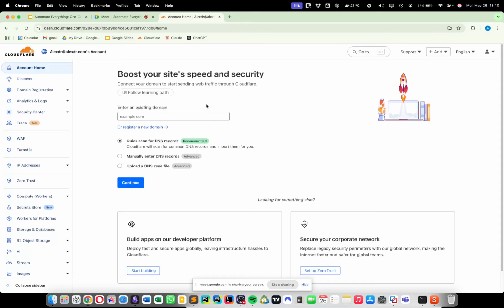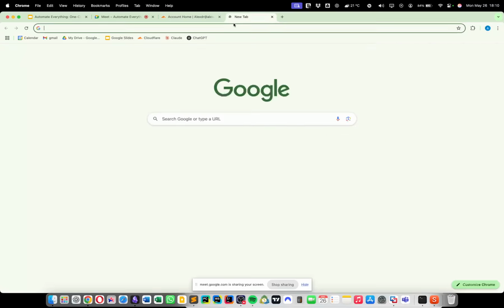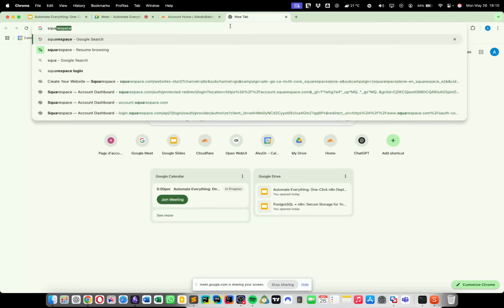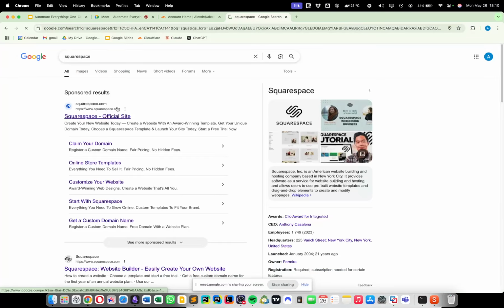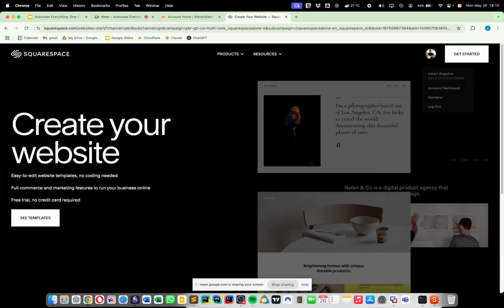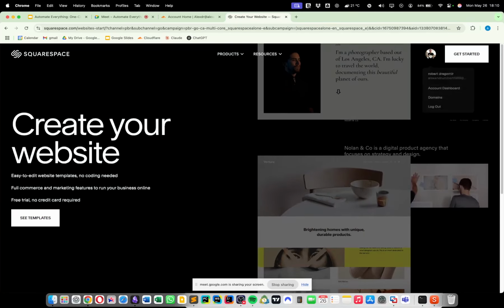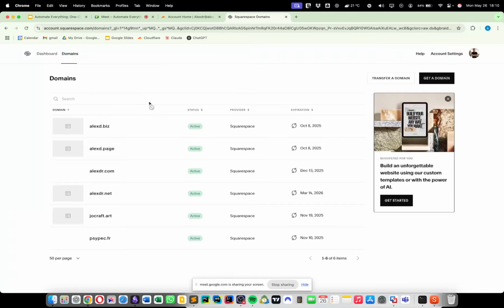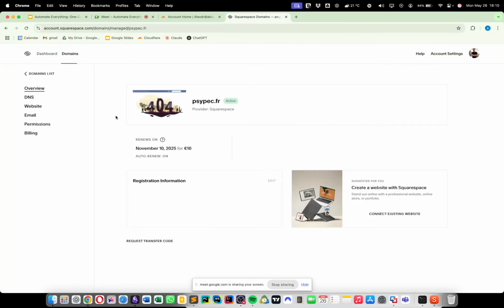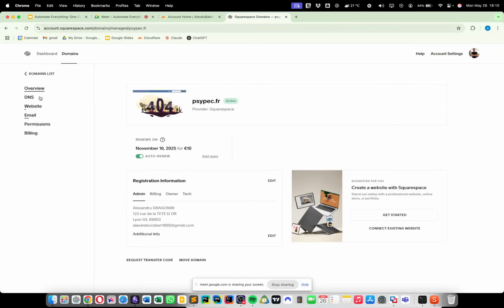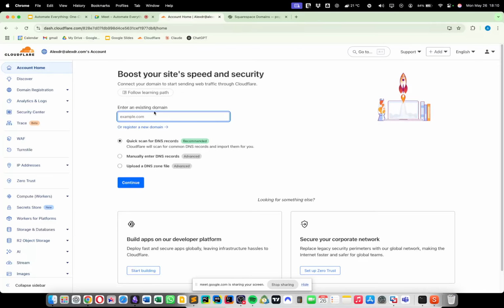Okay, once you created an account, you can simply add an existing domain, one that you have. For example, on Squarespace, I have one that I haven't used yet. I used it, but I don't use it anymore. This one, so I pick one file. And if I add it here,